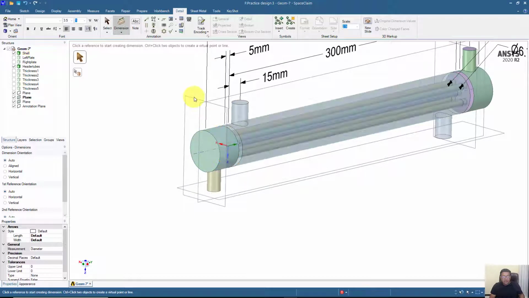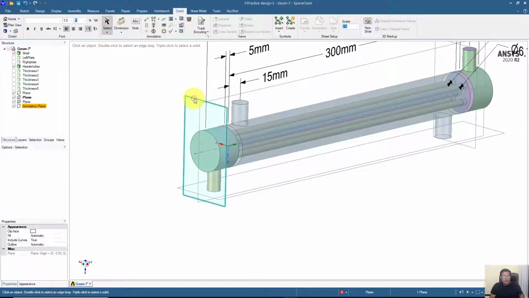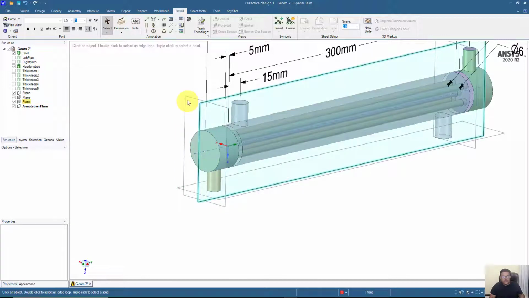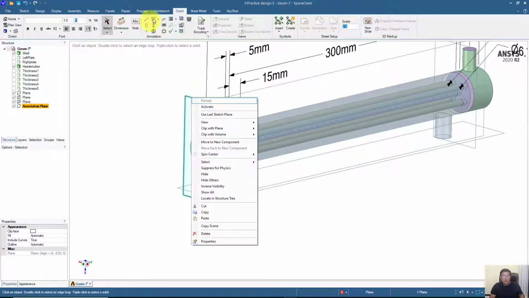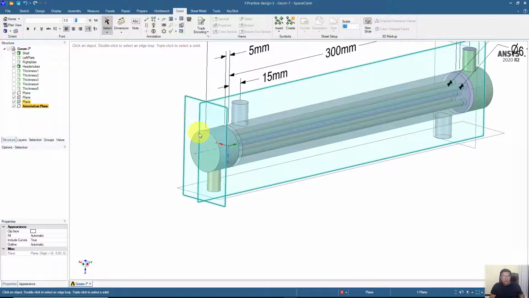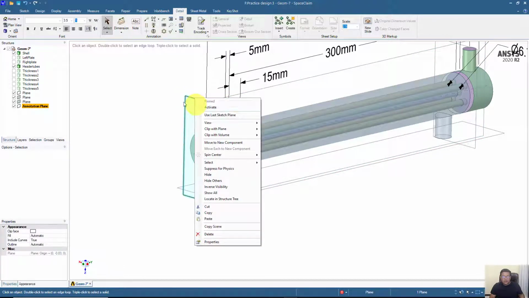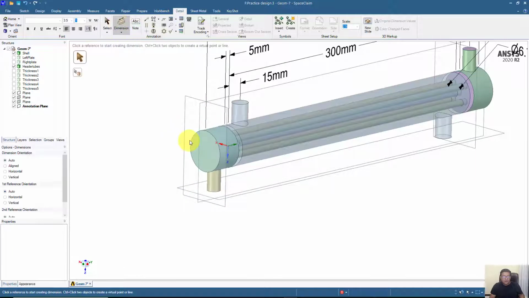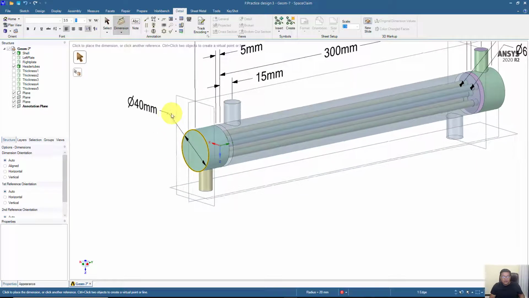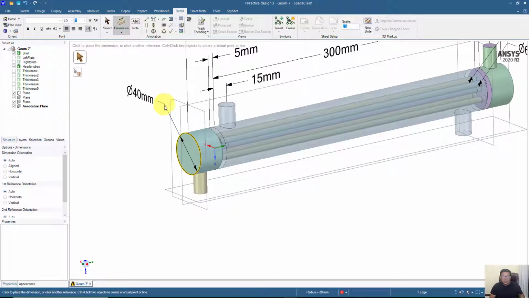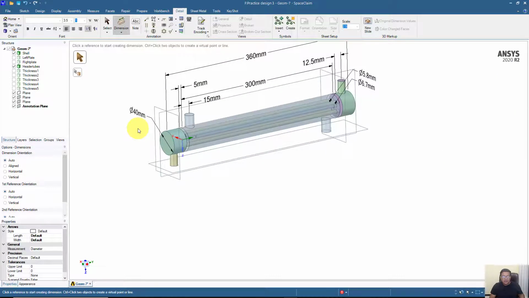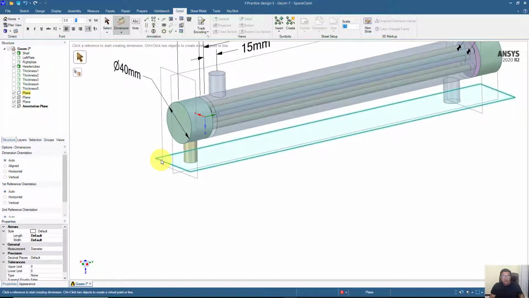And then I will use this plane, and this plane will be used for dimensioning the shell diameter. So the dimension for this shell part is 40 millimeter, and the remaining dimensions will be placed on this plane.